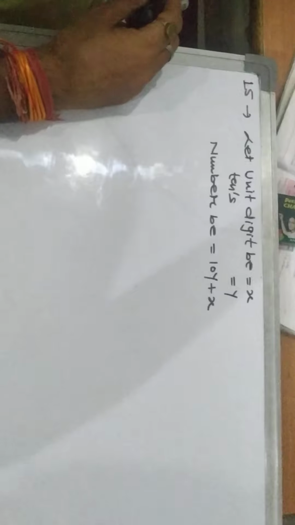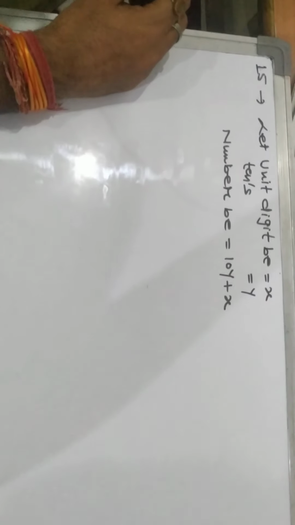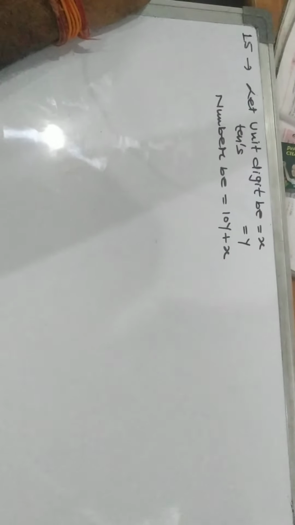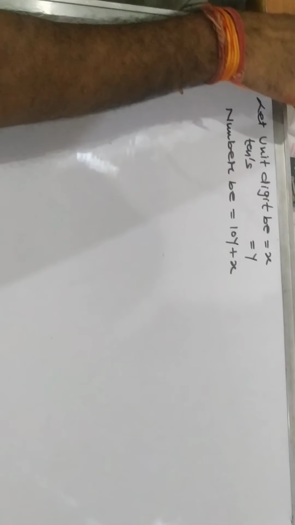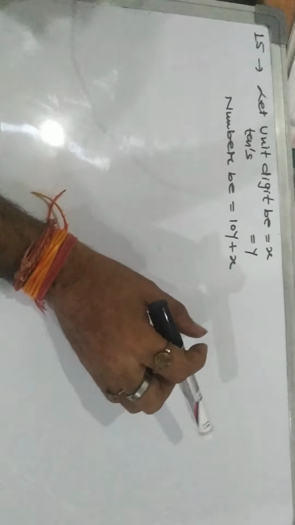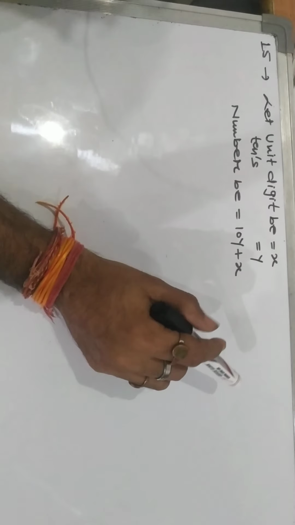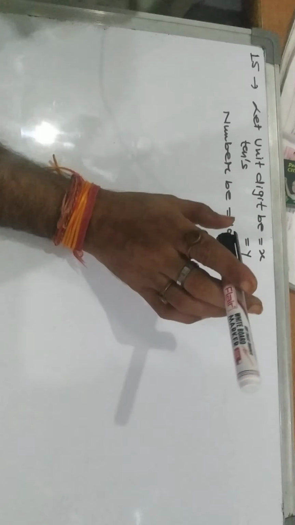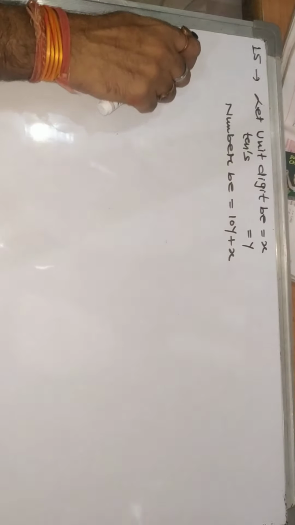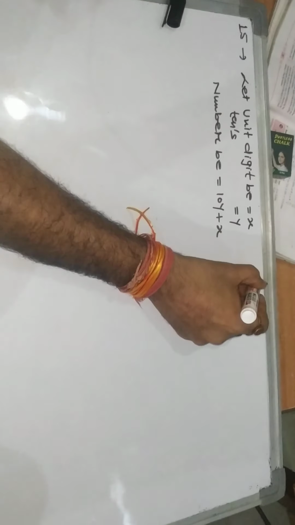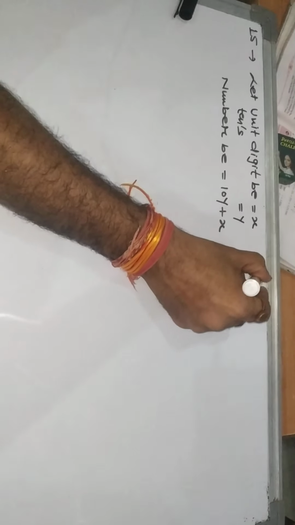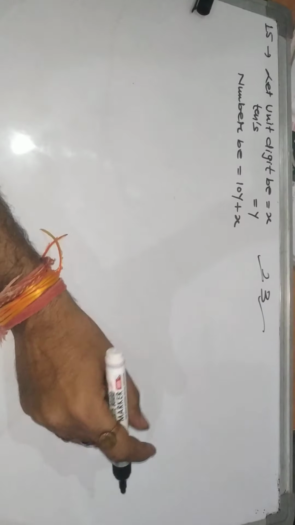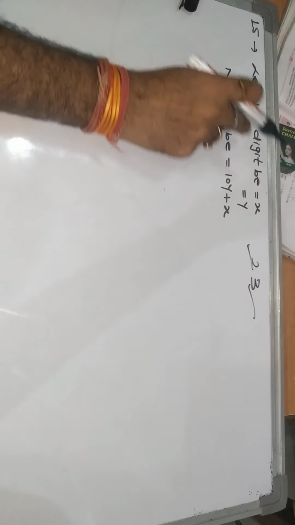Questions 13 to 18 are the same as this. So now we will discuss question number 15. It is given that a 2-digit number is such that the 10th digit exceeds twice the unit digit. When this type of question comes, a 2-digit number contains two digits, one is the unit digit and the other is the 10th digit. Suppose the 2-digit number is 23. This is known as the unit digit and this is known as the 10th digit. So let the unit digit be x and the 10th digit be y.